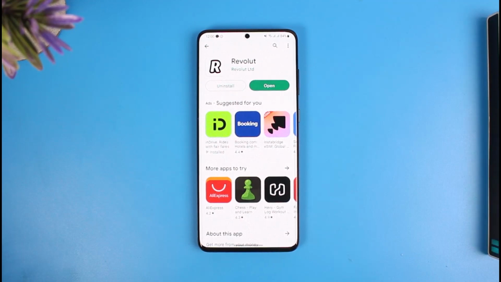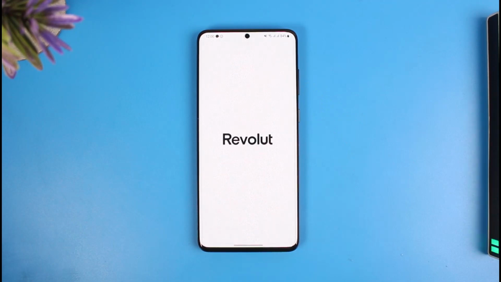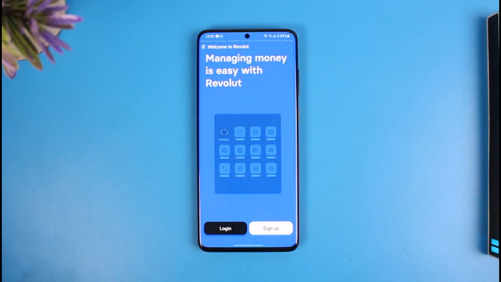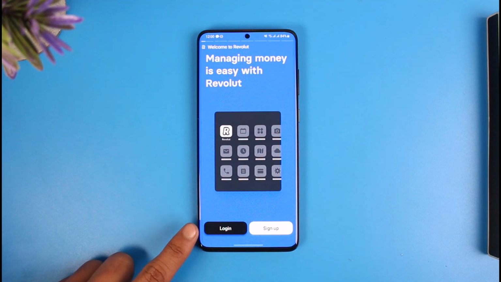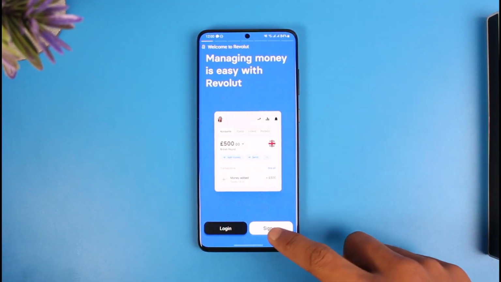In order to sign up to Revolut or create a Revolut account, all you have to do is first open up your Revolut application by going to your respective apps. Once you launch the Revolut app, if you already have an account, you can tap on the login button to log into your account. But if you don't have a Revolut account, then we're going to learn to sign up, so just select the option called